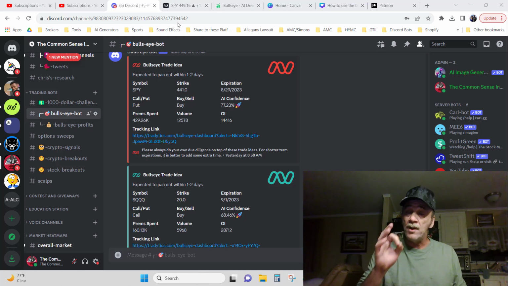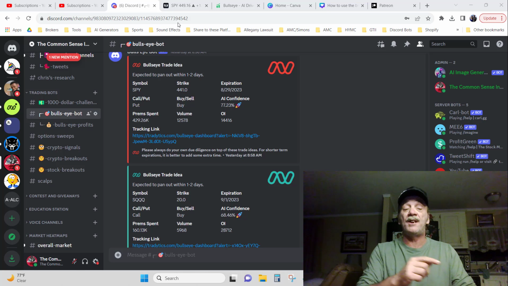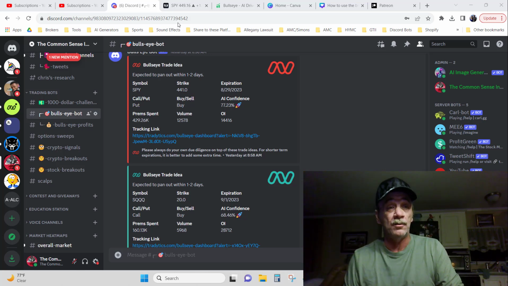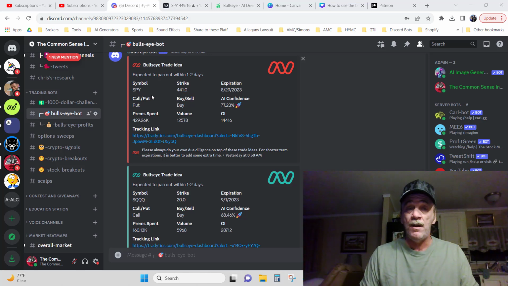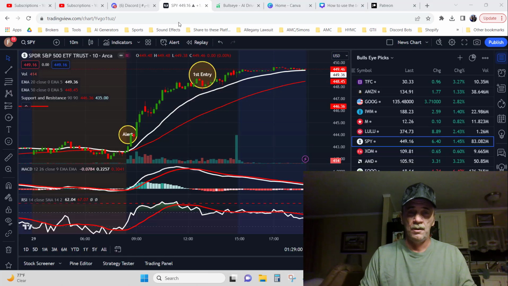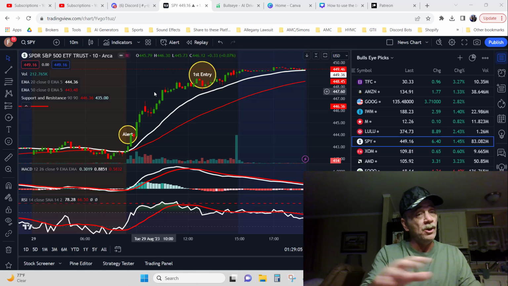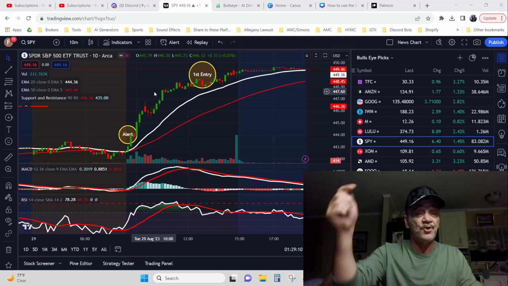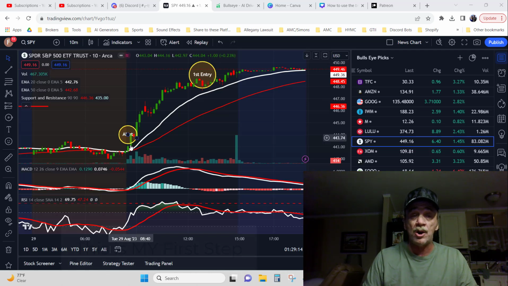Now, I had 3 winning trades today from the Bullseye bot because I used my trading strategy and I was teaching it to one of the people in the Discord on what they need to do to get in and get out. Now, on the SPY suggestion that it gave, if we look at the chart, this is the very first thing you should do with any alerts that are coming in. You want to go to your TradingView chart. If you don't have a membership, the link's down below in the description along with the Discord link, and you want to mark that alert.